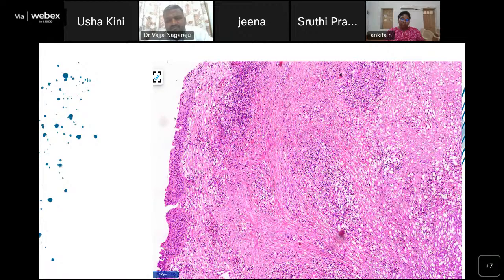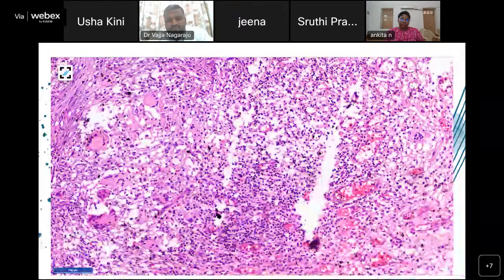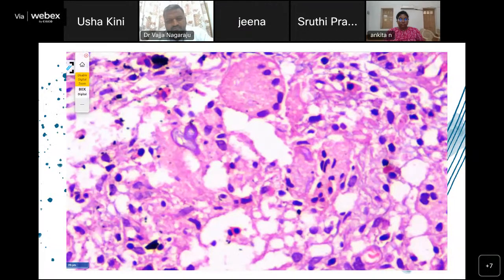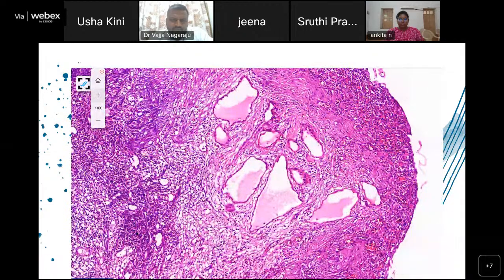And there were areas of fibrosis and loosely myxoid stroma. Then there was this area which was showing giant cells, Langhans giant cells, and foreign body giant cells as well. And in one of the giant cells, I found this, and there were two giant cells which I was not sure of. I suspected it was fungal hyphae or something. And there were granulomas, and in one area there were cystically dilated glands, which were lined